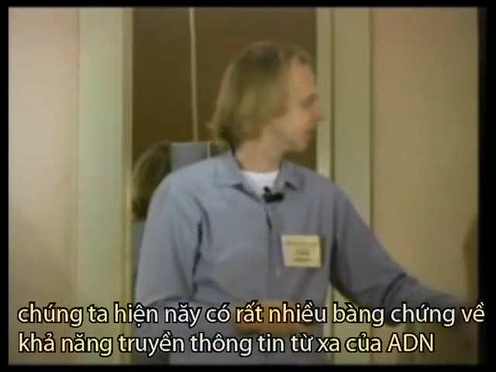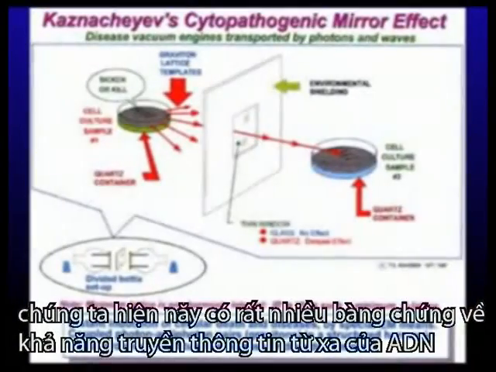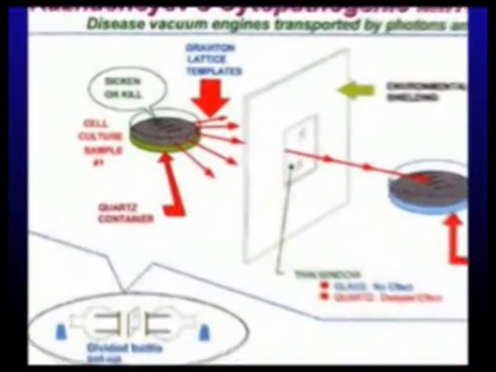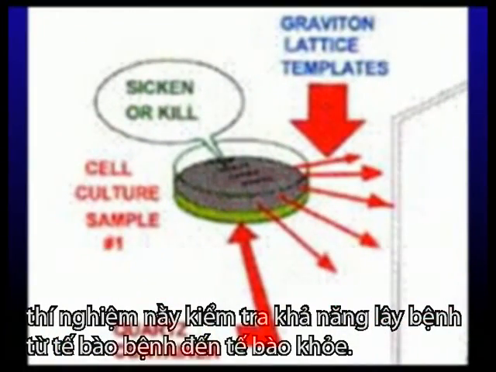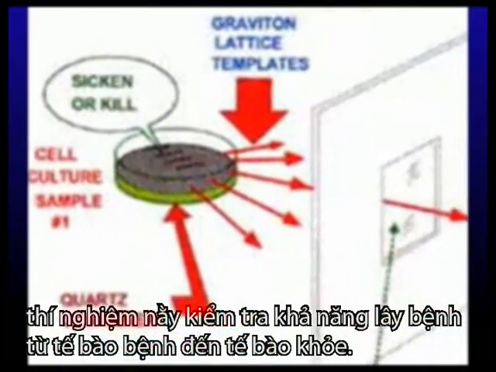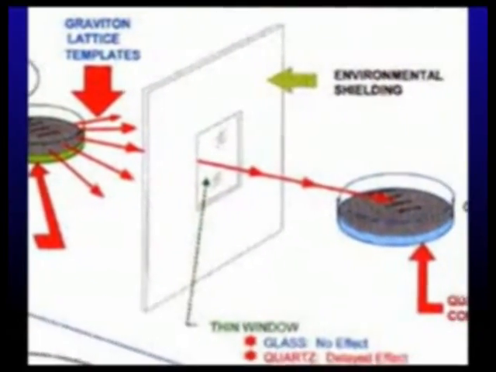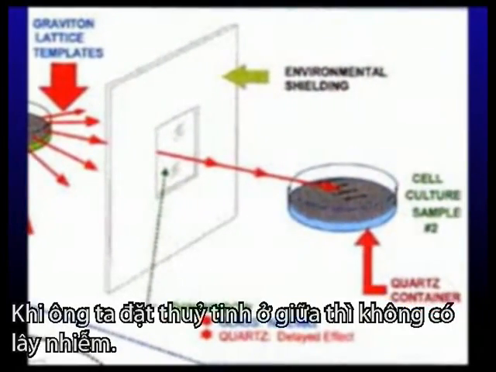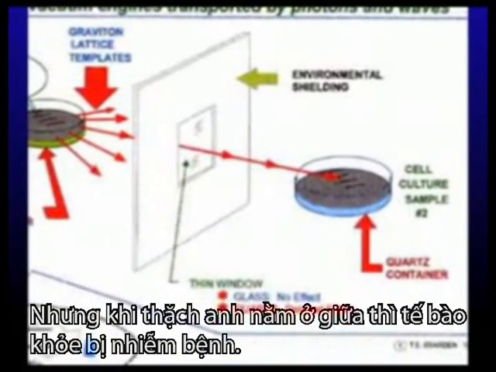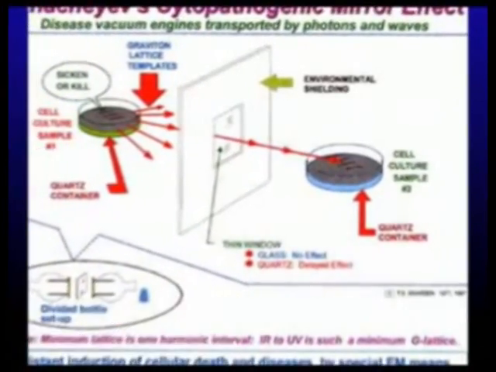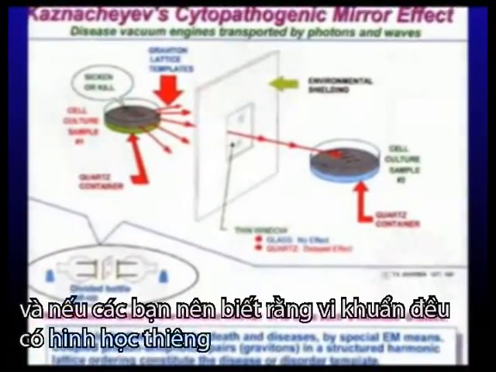It becomes true. Well, we already have plenty of experimental evidence, and I'm just going to show you one of them right for now. This is Kuznetsov, a Russian scientist who passed a diseased cell culture through a shield here, which when it was glass, there was no effect. Of course, the other culture was just healthy tissue. But then when he passed through quartz, the quartz allowed the disease to be transmitted to the healthy cells here. So you have disease to healthy. Well, a virus, again, is a little tiny thing.